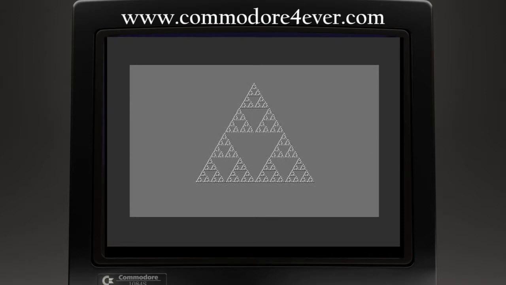Repeat the process indefinitely and you are left with a ghost image made up of lines. Sierpinski knew there was something odd about this shape. Although it was the same overall size as the original triangle, it was made up of an infinite number of lines and it had no area at all.